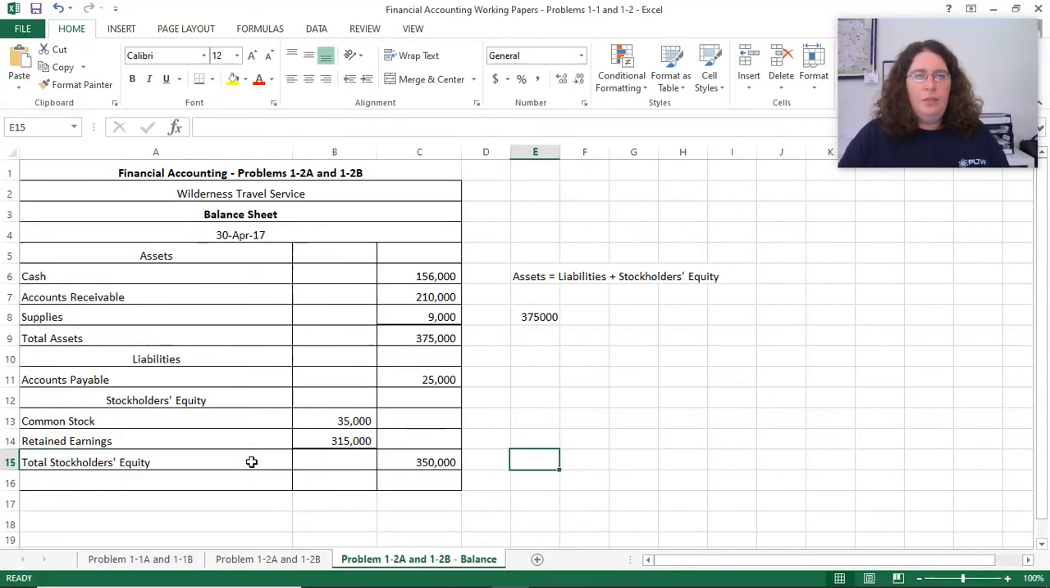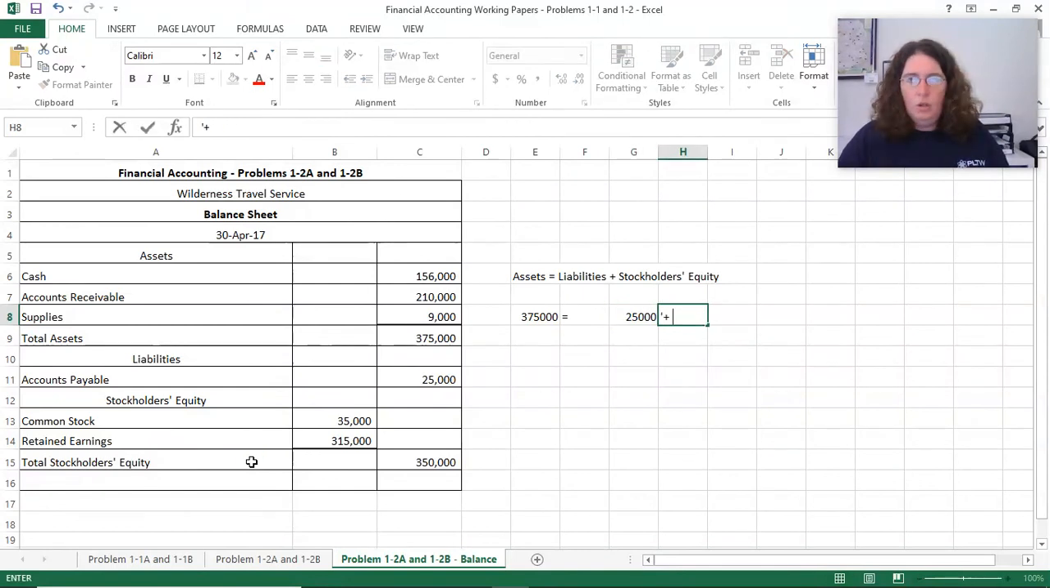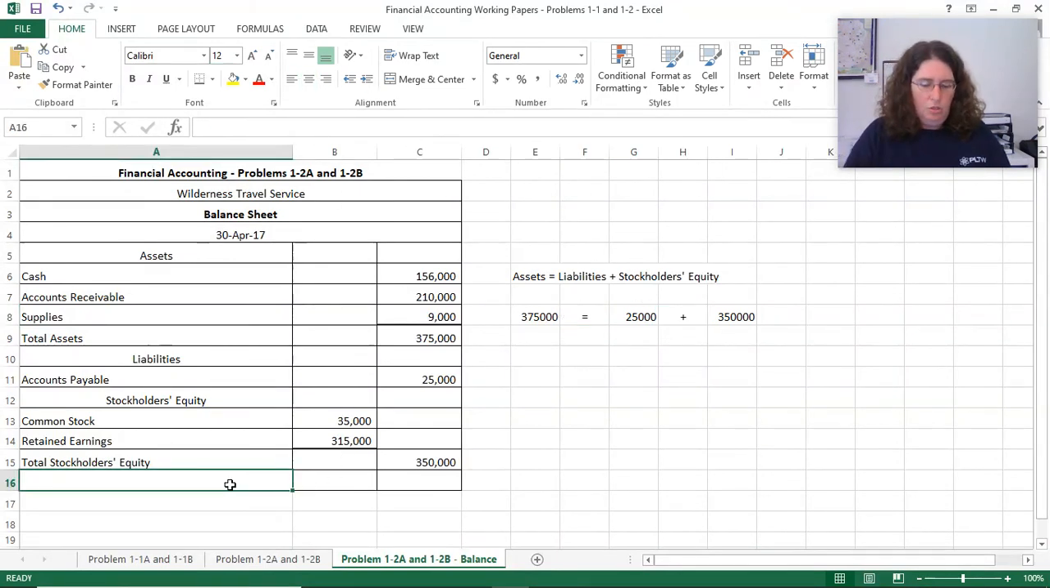And then my last line, oh, hold on. Before I do that, we said we've got 375 there, right? We want that to equal our liabilities, which is $25,000, plus our stockholders' equity, which is $350. Now, if we look at those really quick, we can pretty much see that this is going to equal. So if we go to total liabilities and stockholders' equity,